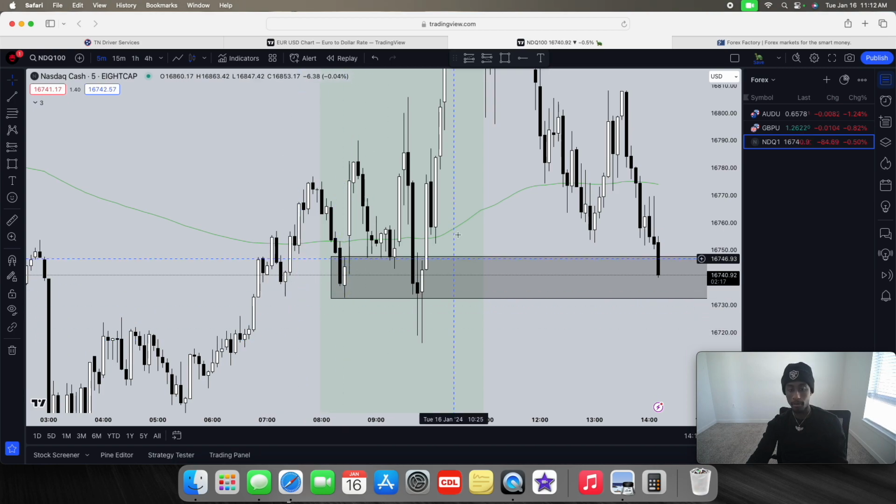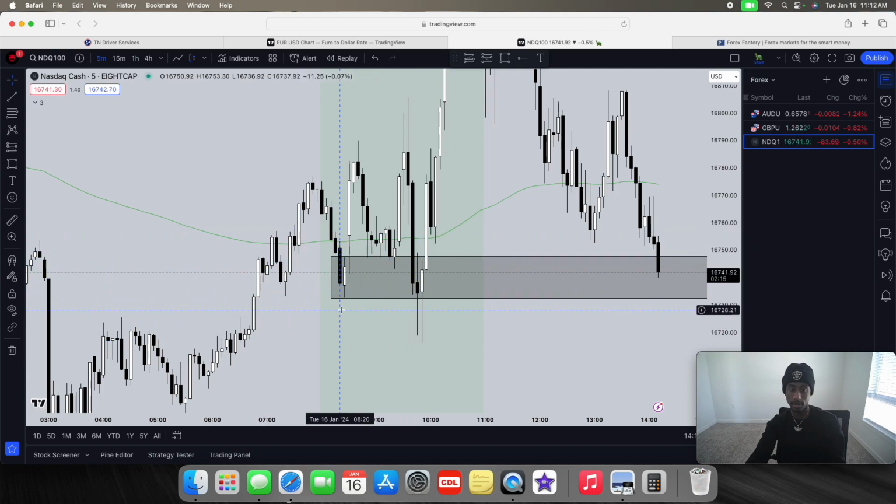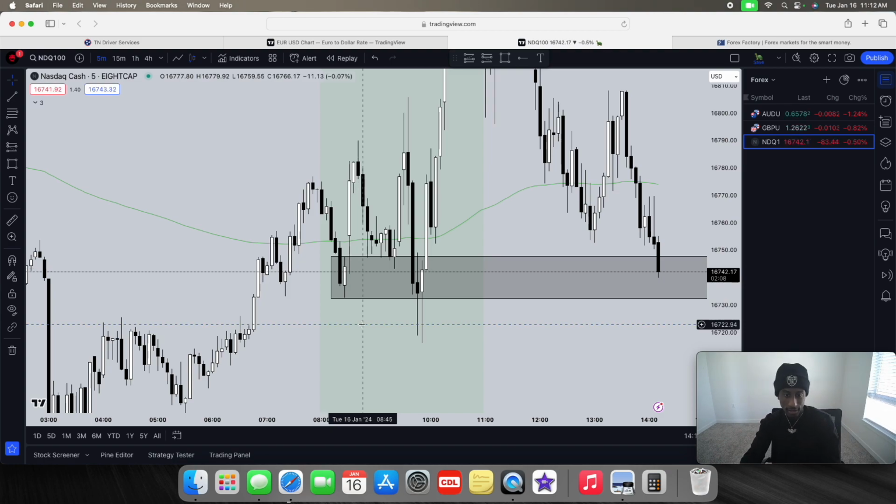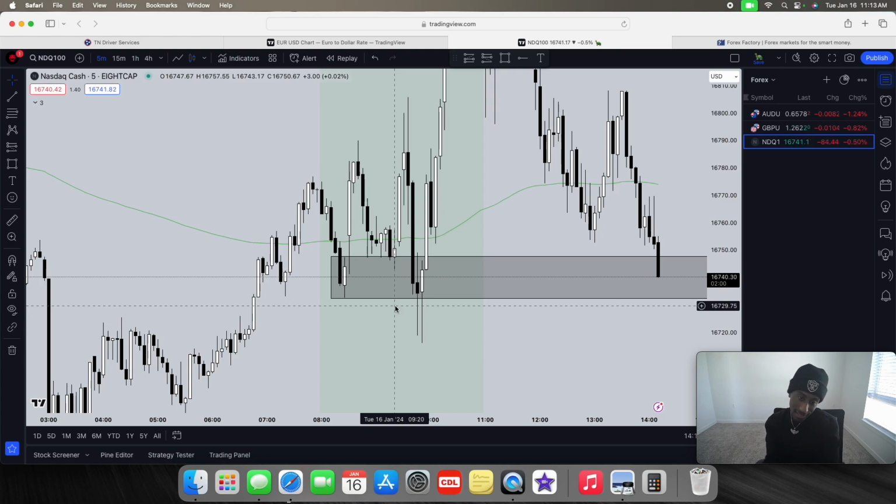So I saw this low prob demand, and I was looking at it. I was actually watching AU and GU, but then I saw this, and I'm like, man, price is tapping the fuck out of this little low prob demand zone. I was like, you know what? I got it on a break of the candle. So I'm trying to figure that out too. Normally I do aggressive entry, but I was like, let me do break of the candle because I'm not too sure right now. And New York's finna open up in like 10 minutes.